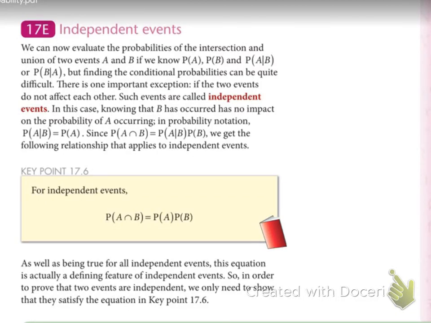All right, year two, this is 17E. We're going to talk about independent events. We can find the probability of different events, so probability A, probability B, using intersection, union of those events